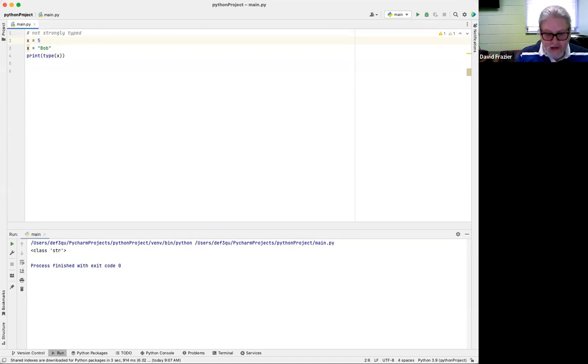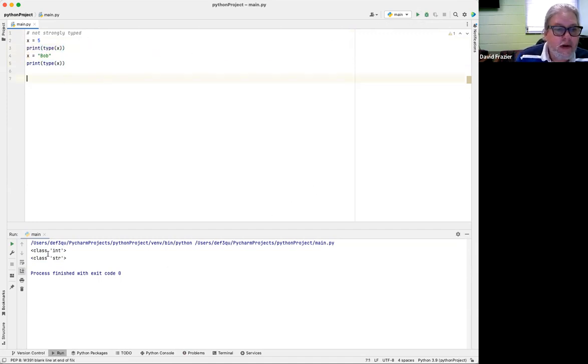In fact, I could do a print here. And what we'll see is the first time we hit it, x is of class integer. The second time it's of type string. So it's going to change as whatever we put in it changes.